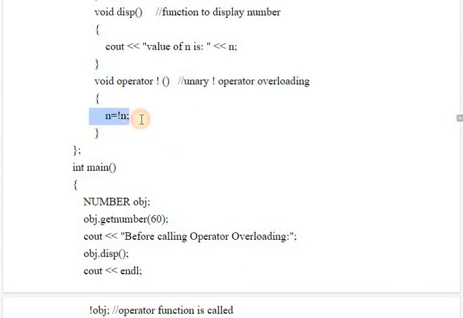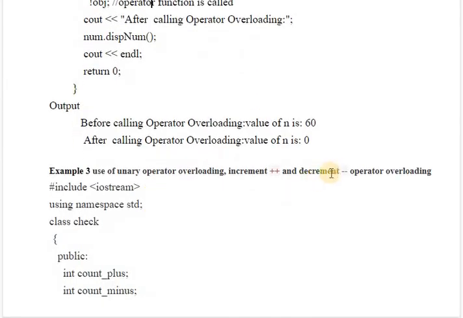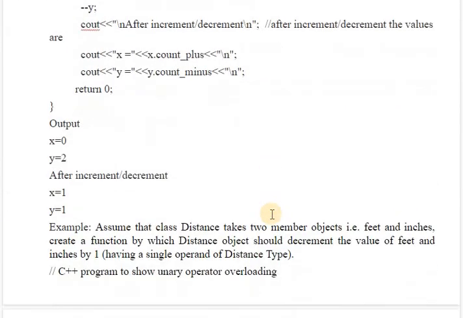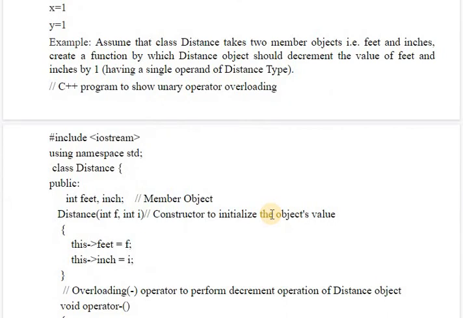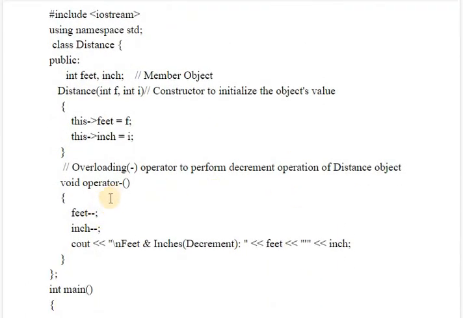The basic logic of your operator doesn't change, so we have to use them as they are, as we do in normal cases. When I call this operator with the object name, the operator function gets called. Here we have the plus plus or minus minus operator. I am leaving this example for your practice. So write these programs in your editors, then try to see the output from different angles, by changing these statements again and again. Okay, this is again one example to change the sign, but here the class name is different.